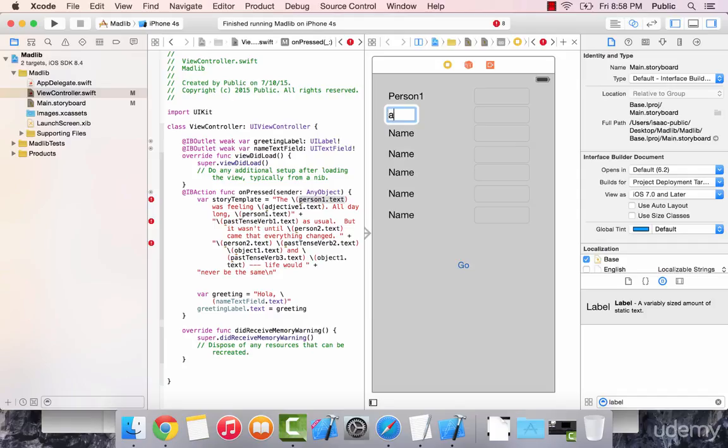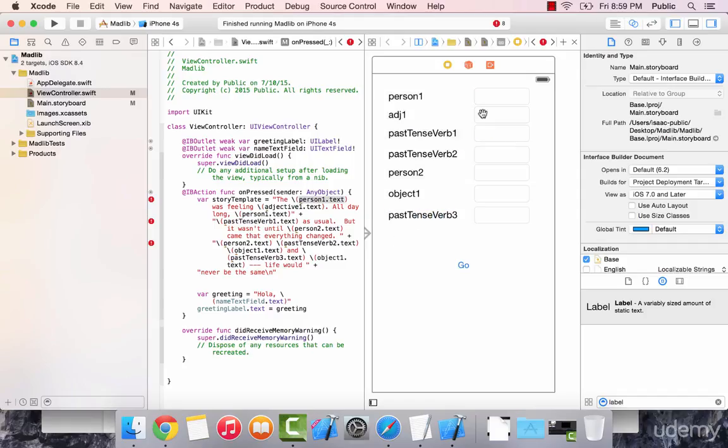Next one, adjective1. Person1 again, we don't need to redefine. Past tense verb1. Past tense verb2. It doesn't really matter what order we do it in. Person2 I skipped, so let's put that in there. And looks like there's object1 and past tense verb3. So that was it. So 7 of them. And now we need to hook them up, as we did before,